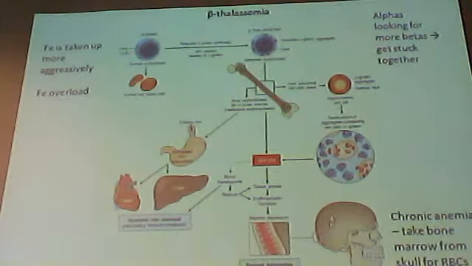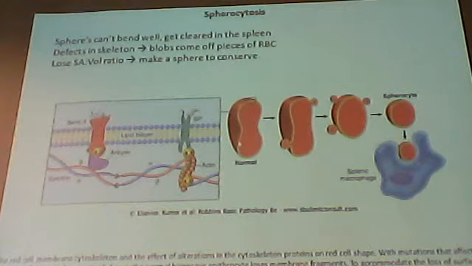Spherocytosis, so basically, for some reason these red blood cells don't have the normal shape, and so there's a defect in the skeleton, so blebs kind of come off as pieces, and eventually you get to this perfectly spherical shape. So it's got a very conserved surface area to volume ratio, just to keep it as good as possible. In spherocytosis, you'll see these circularly shaped cells, and you also see what are called the Howell-Jolly